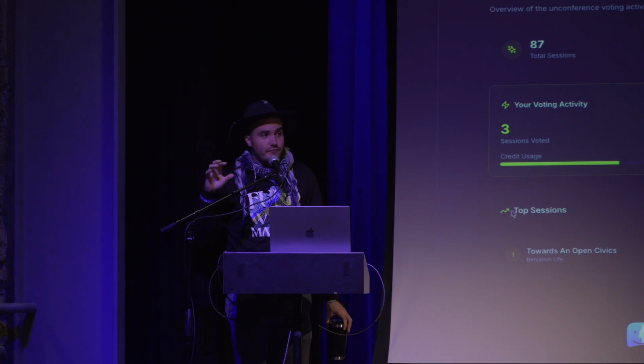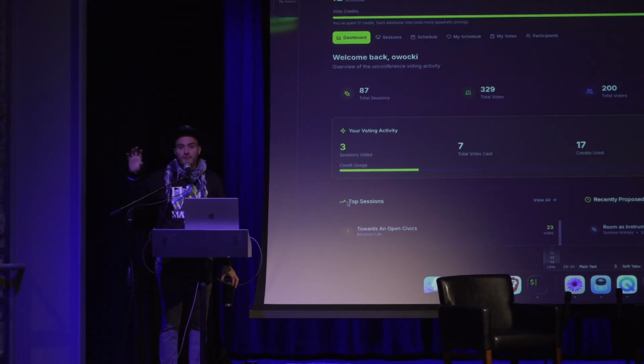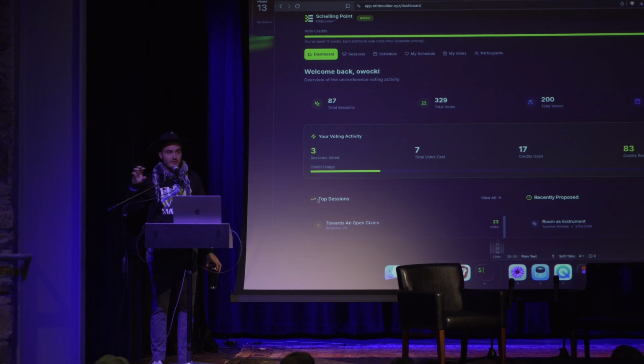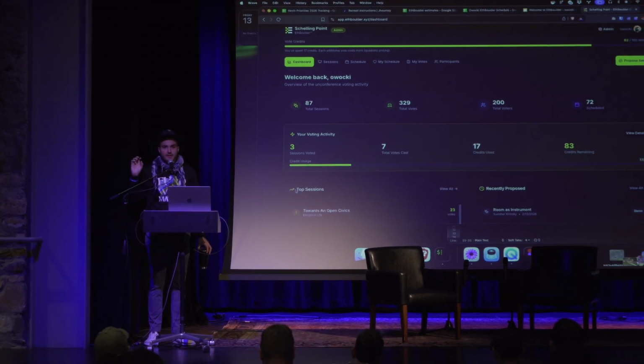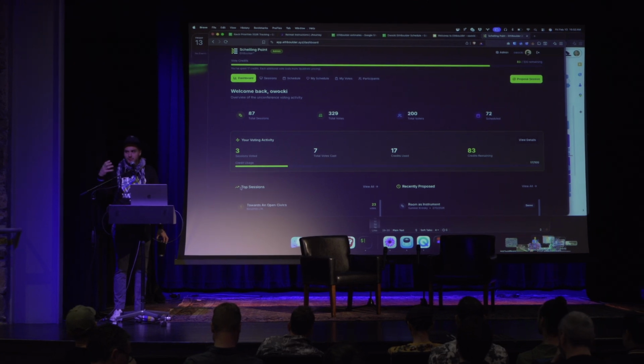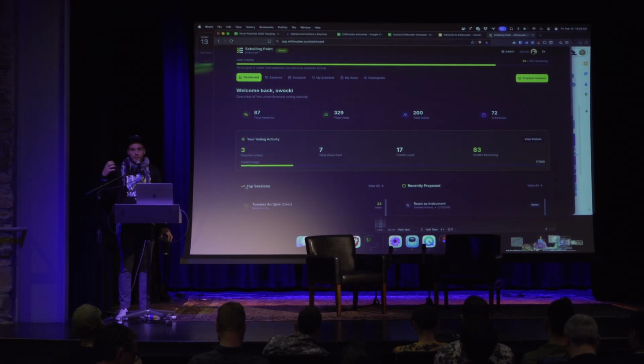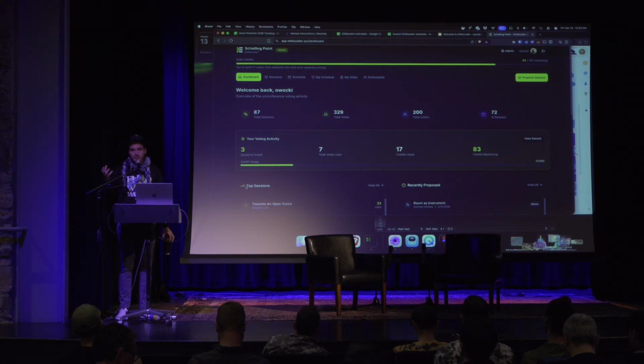Then we're going to try to fill in all of the unconference sessions with the top voted sessions based on availability. There's a little bit of artificial scarcity, but also real scarcity. There's only so much time in the day, and only so many venue spaces we can use. So we're hoping that the collective intelligence of this group voting on the sessions that you like will surface the sessions that are actually the most interesting that we should be talking about.